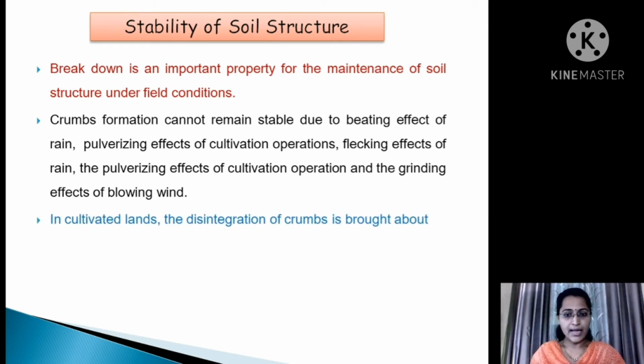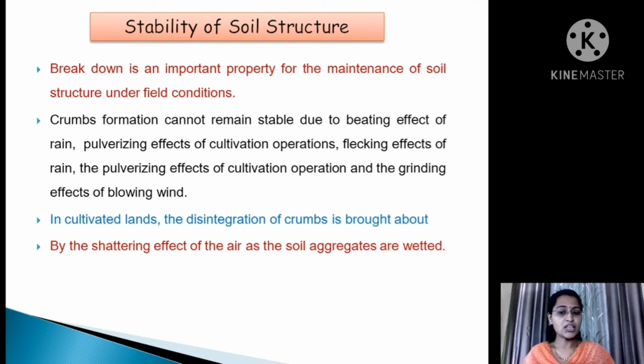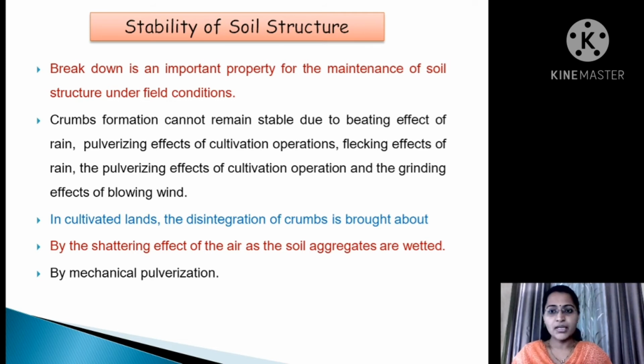In cultivated lands, the disintegration of crumbs is brought about by the shattering effect of air as the soil aggregates are wetted and by mechanical pulverization. That means we see the stability of soil structure, and the stability of soil structure is maintained by the important property of crumbs